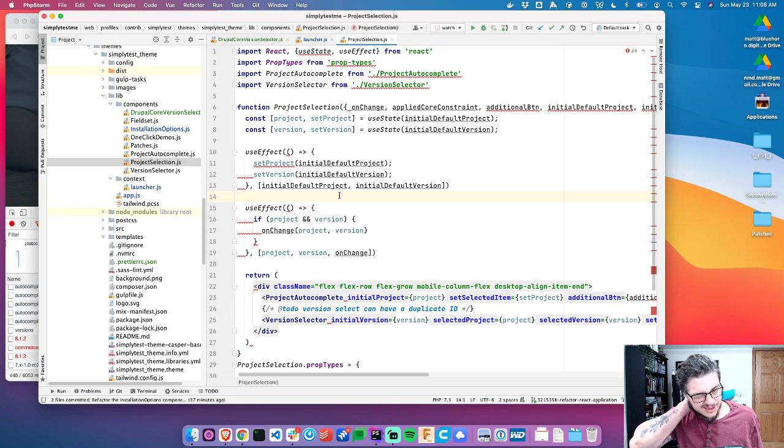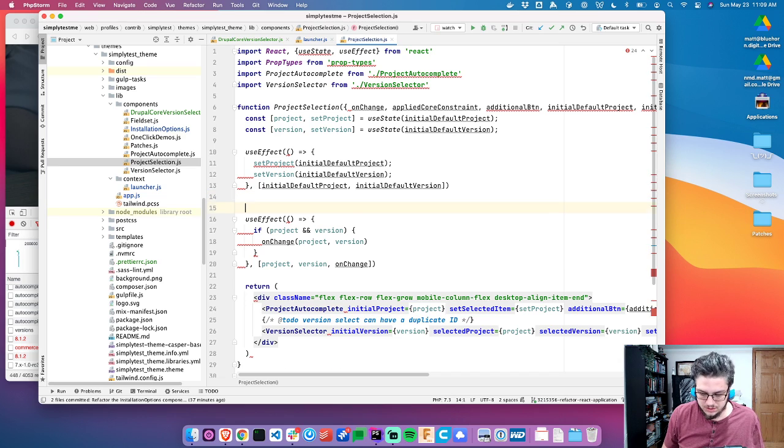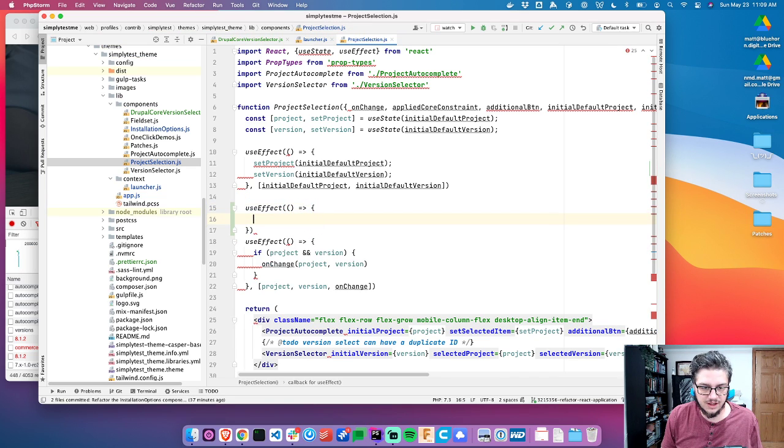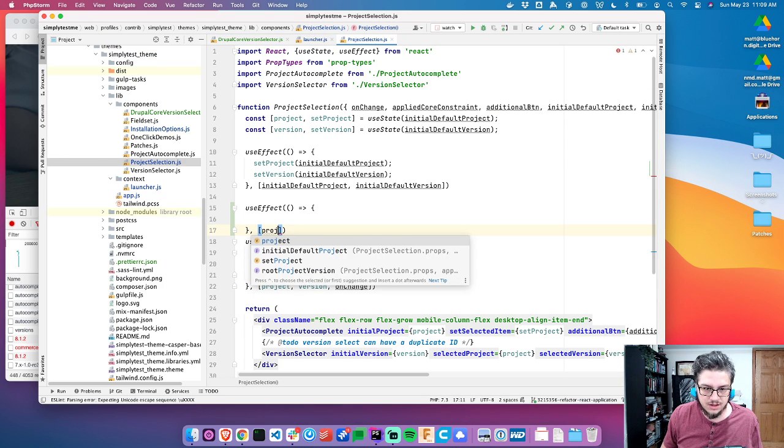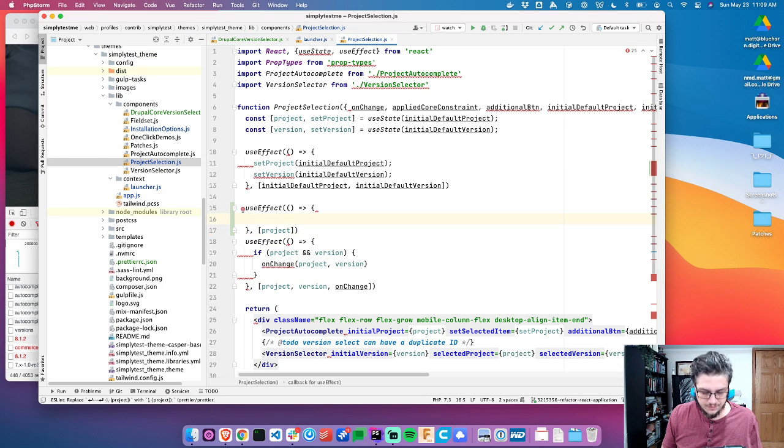So yeah, I feel like that's where we need to use effect. This needs a side effect that when the project changes, set version to be an empty string. I think this might fix that bug,